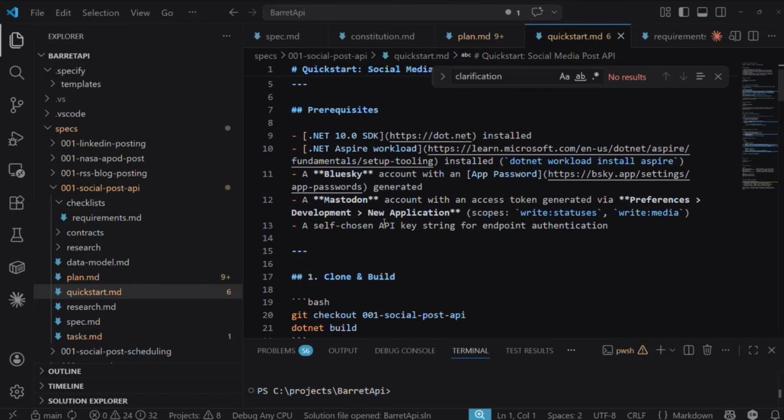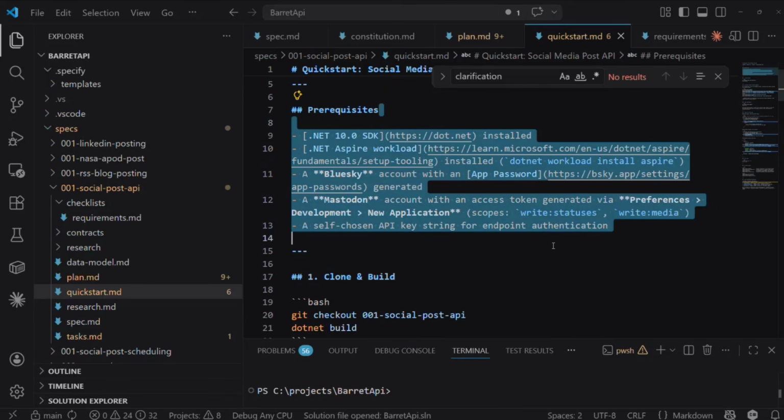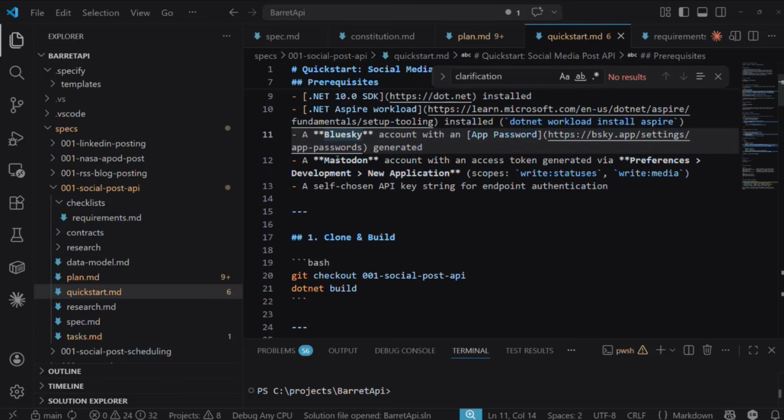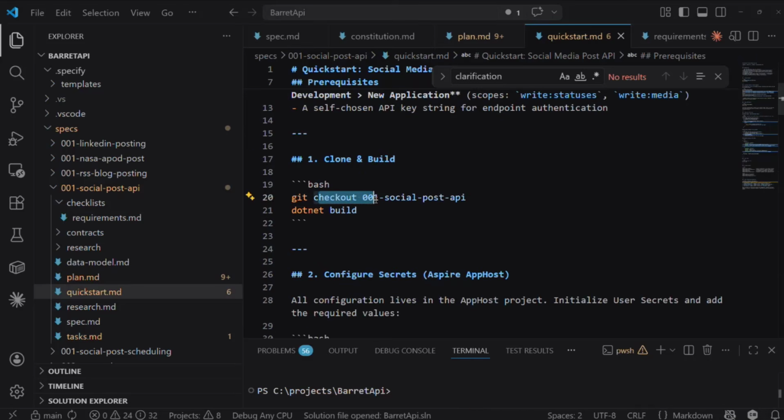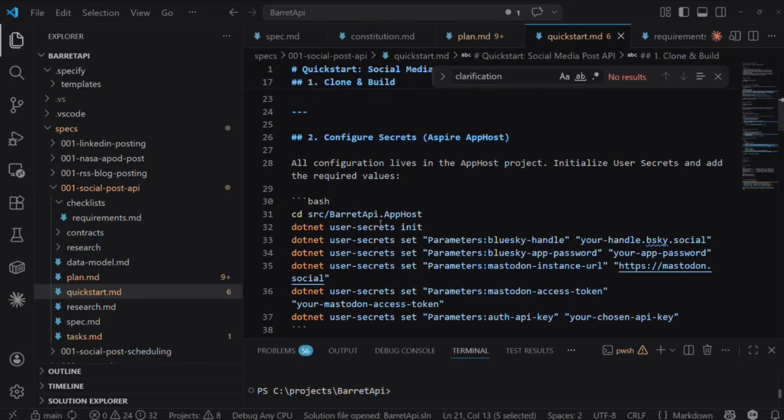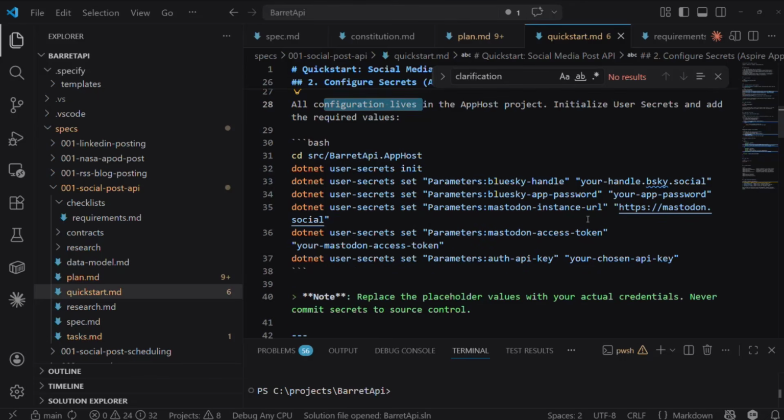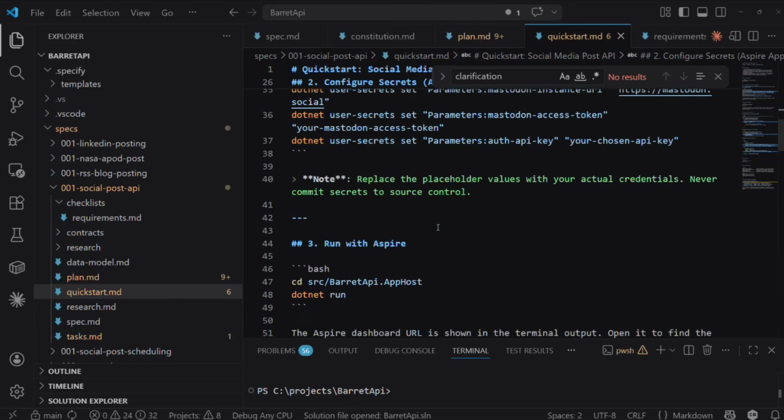In this particular case, it says you check it out, you need to have a Blue Sky account and a Mastodon account, do your checkout, do a build, and set up your user secrets for the various things that are needed. For instance, in order to post to Blue Sky and Mastodon, you need passwords and tokens and things like that.